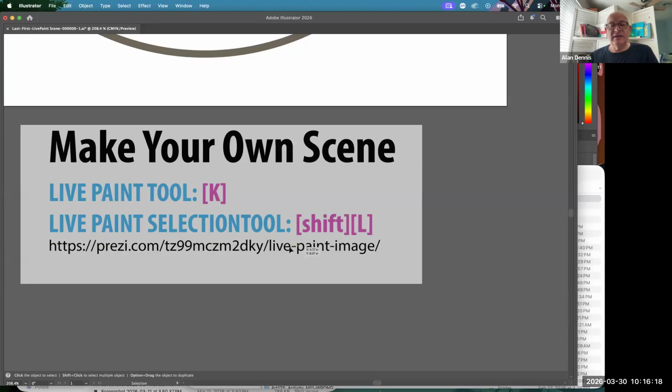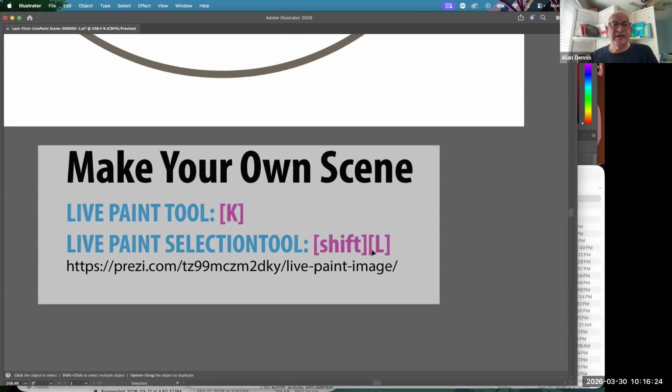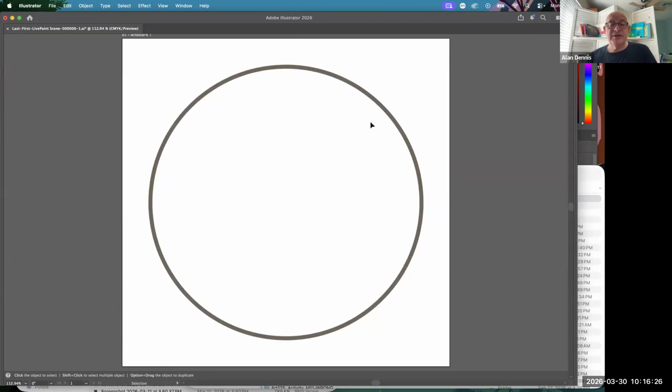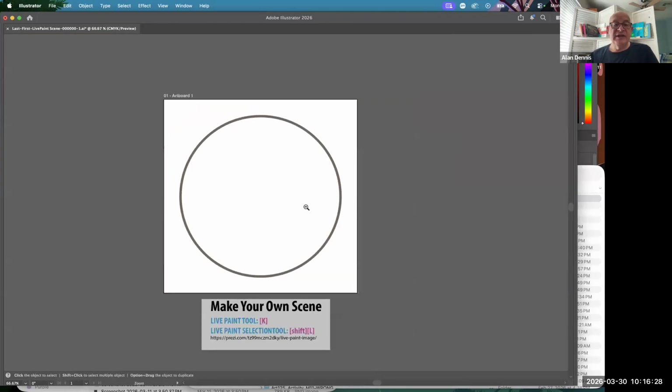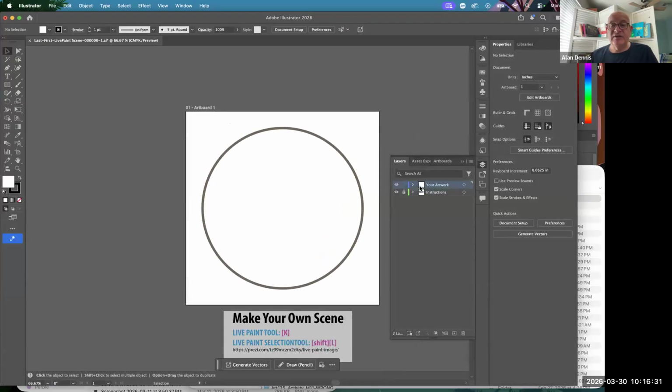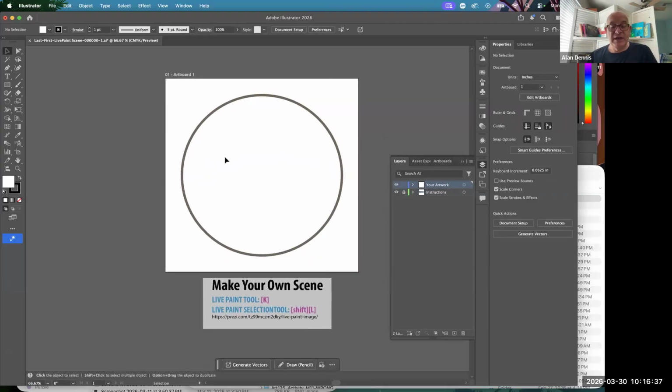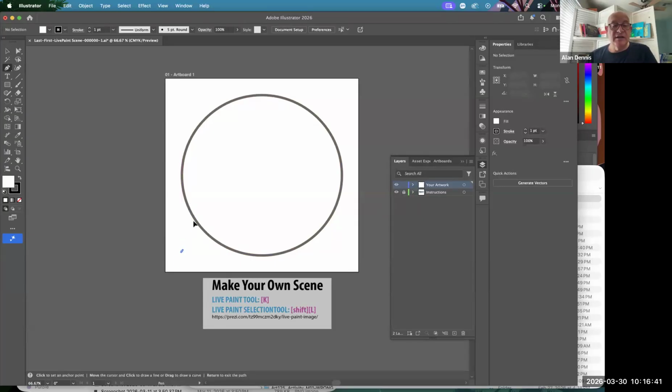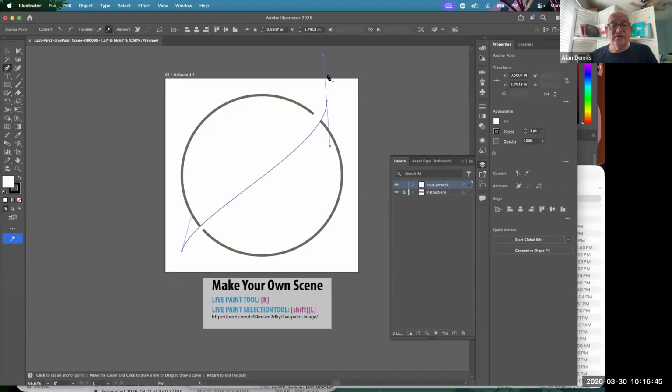And then you can click on the link to Hannah Olsen's Prezi demo, or you can just select this and paste it into your URL. But just to briefly explain how the process works. So you're going to do something in this shape here, the circular shape. And so I'm going to just get my pen tool and I'm going to click and drag and come over here and click and drag. And then I'm going to hit Shift C